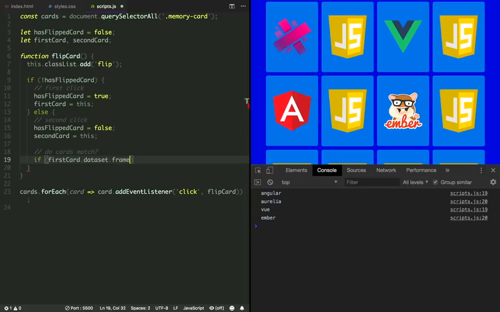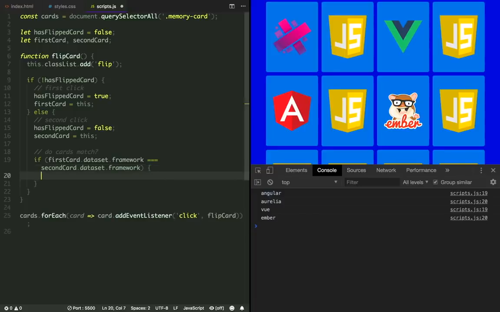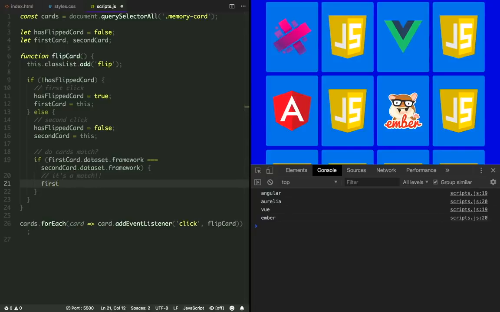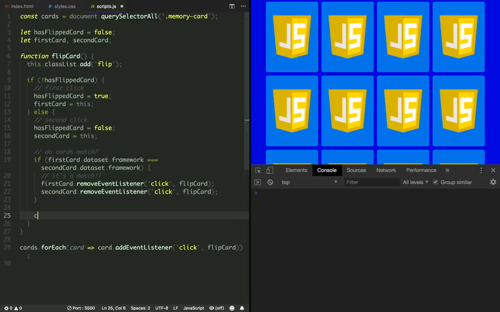If they are, we are going to remove the event listener from the cards to prevent them from being clicked again. And if it's not, we are going to unflip the cards back to the original state. Okay? So let's add that condition. And if it's a match, we disable the event listener with removeEventListener. For it to work, you have to pass the event and the function you called.